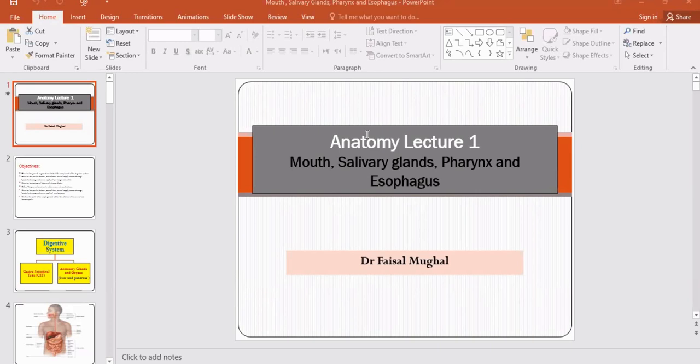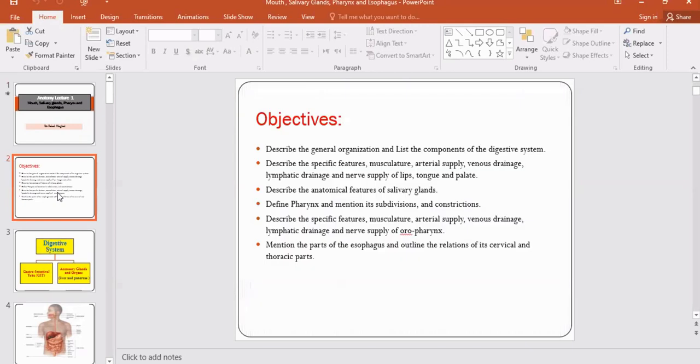So today's topic is the oral cavity as the mouth, then we will do the salivary glands, then we will go further down. Behind the oral cavity is your pharynx, then the pharynx continues into the esophagus, and the esophagus goes down to the stomach. So the objectives which we are going to have today: